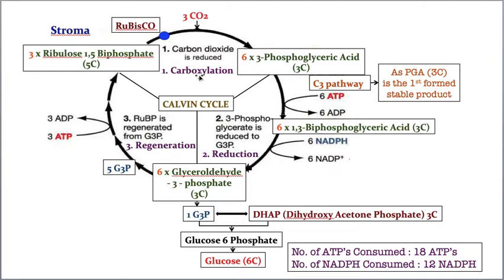Now in the carboxylation, what happens? Basically the complete dark reaction takes place in the stroma, whereas the light reaction, these are very important points, these are key points to be frank, takes place in the thylakoid membranes of the chloroplast. I already told you, the chloroplast consists of small sac-like structures, and each sac-like structure is called a thylakoid, and the thylakoids are always present in groups, and each group of thylakoids is called a grana, and adjacent grana are connected by stroma lamellae. I hope you remember these points.